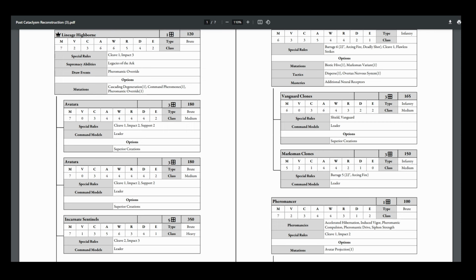The other thing is Cascading Degeneration, which gives the brick, it's 6 models total, so 5 incarnates, and then the character gives it Aura of Death 4. That's another way of ensuring that if you run into something and beat it mostly to death, you don't just get stuck there. But it requires that